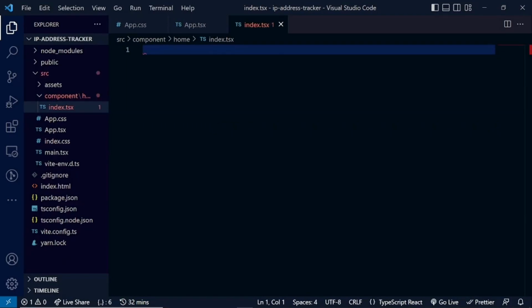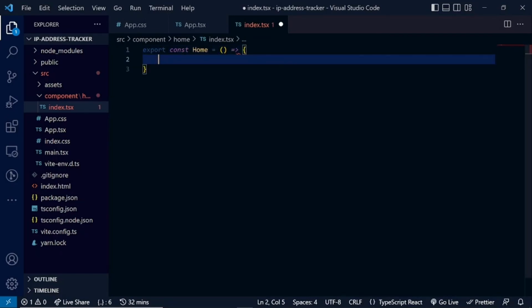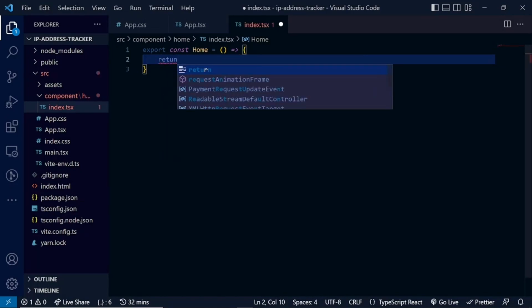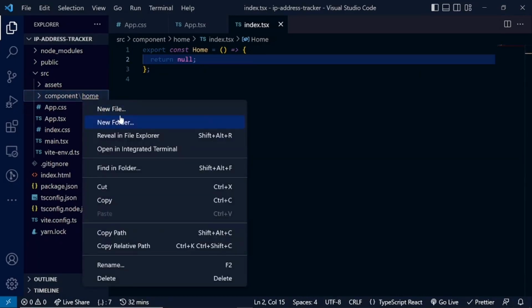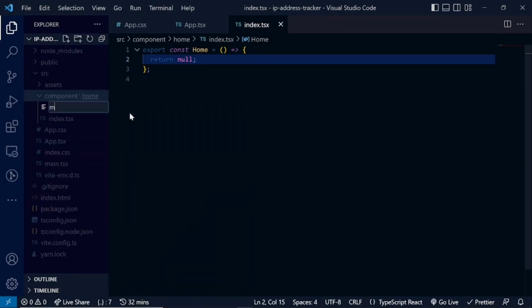At this point, I'm going to say export const Home is equal to, we'll modify this later, and I want to return null for now. Then we'll have another file which we're going to call